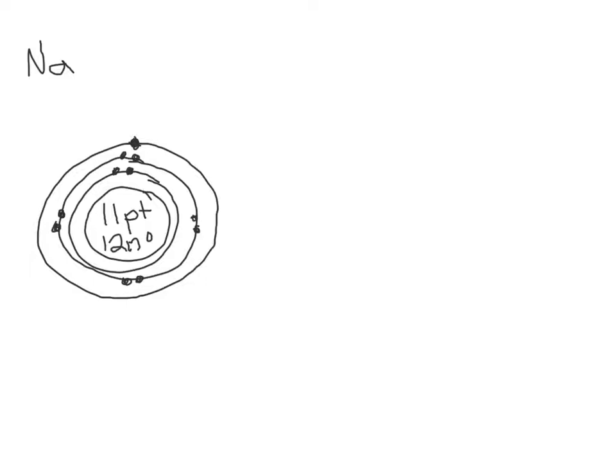Now to find the proton number and the electron number for a neutral atom, we look at the periodic table and look at the atomic number. For sodium, the atomic number is 11. So that's the number of protons, and that's the number of electrons. They're equal, which creates a neutral atom. Now, sodium is a metal,